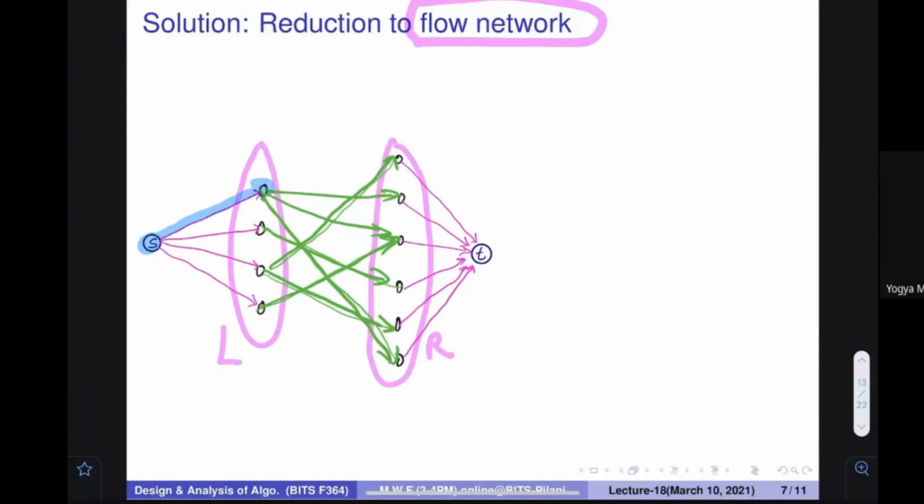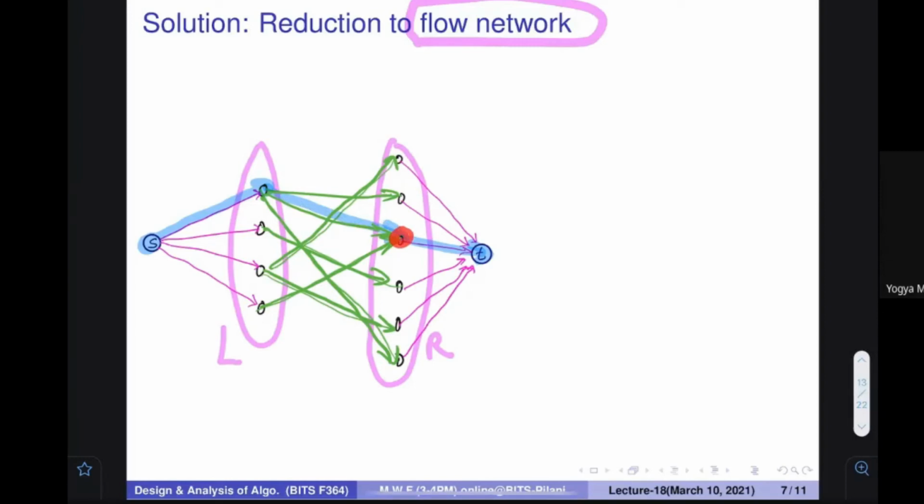Whatever place it goes, let's assume that it goes to this particular place. Here also it cannot stop. It has to go out because it's a flow network and the regularity condition needs to be followed. So definitely it would go to the T. This is what the network connection is going to be. If you come up with any kind of flow, it is going to be something like this. If this is only connected with the S, only one unit can come in as input to any node into L. Therefore, only one unit can go out to this particular node.